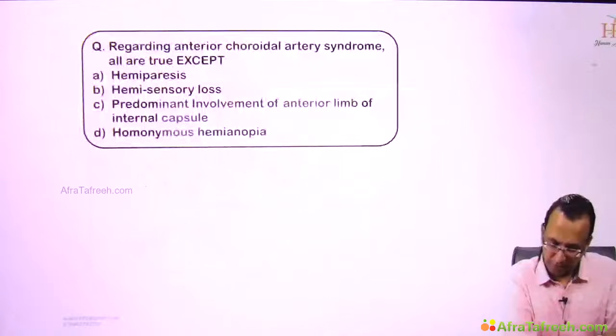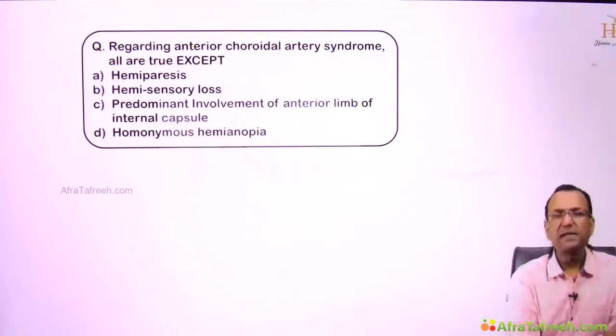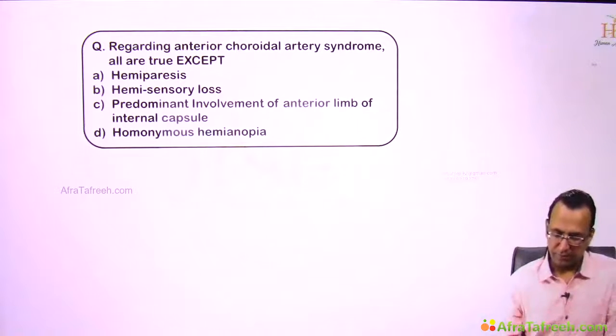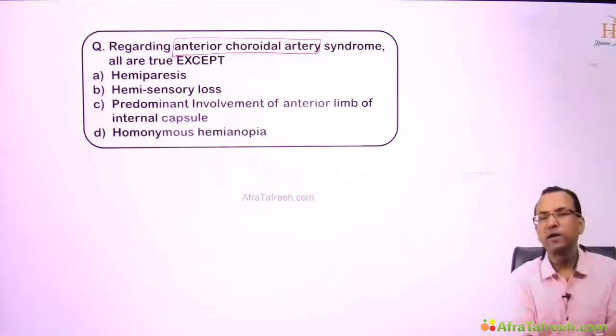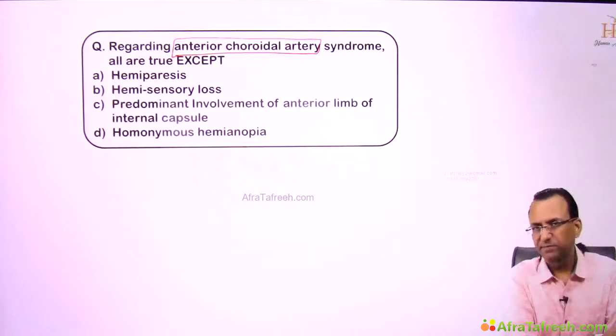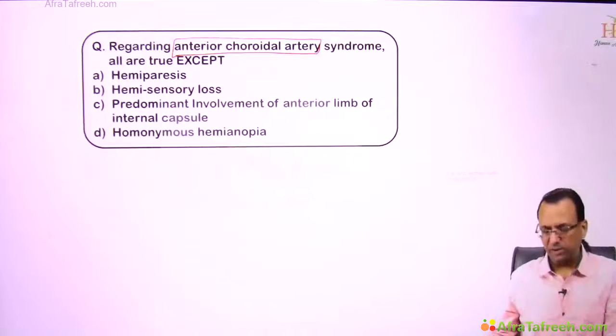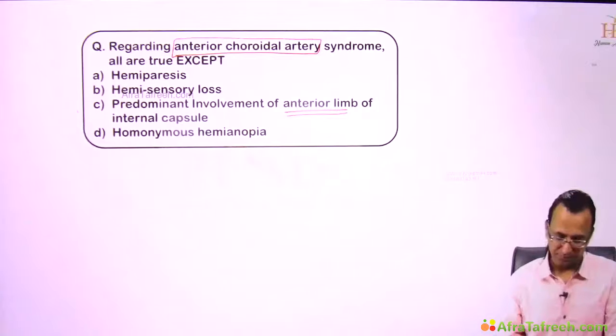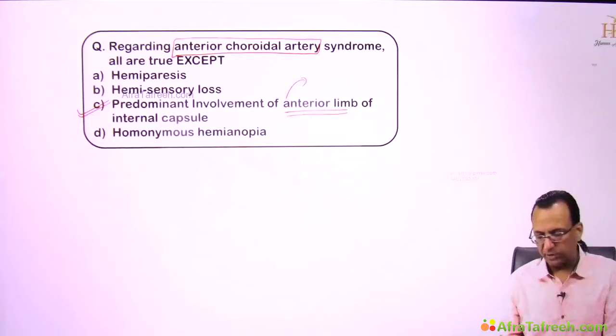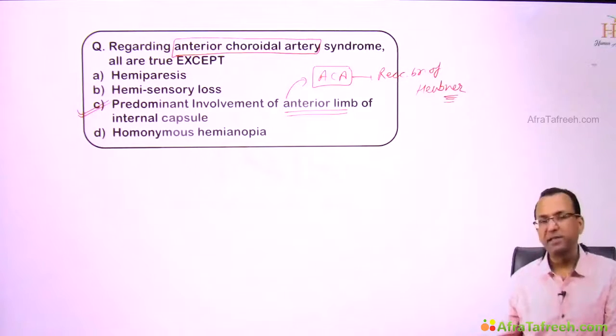At this moment, you look at this question. It is asking about anterior choroidal artery syndrome. It's a branch of internal carotid artery. So what is not seen? Yes, of course, you know the answer because it is not supplying the anterior limb. Then who is supplying the anterior limb of internal capsule? Actually, the anterior cerebral artery. Which branch of the anterior cerebral artery? It is called the recurrent artery of Heubner, which we will discuss in a diagram later as well.